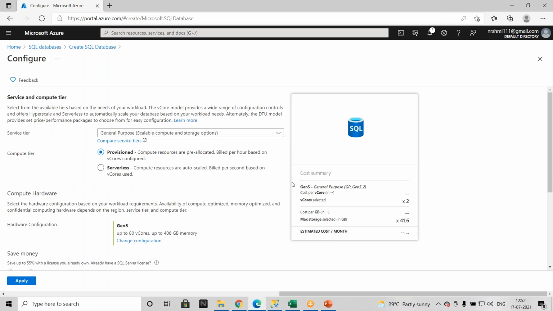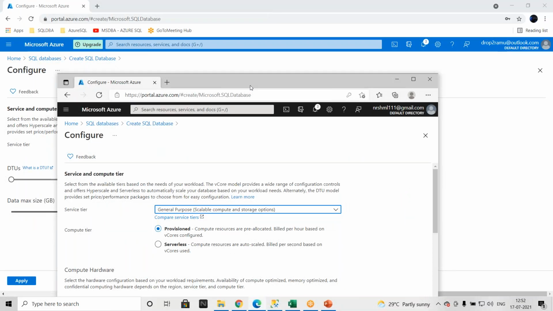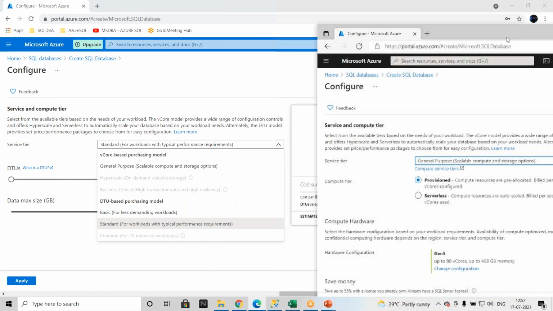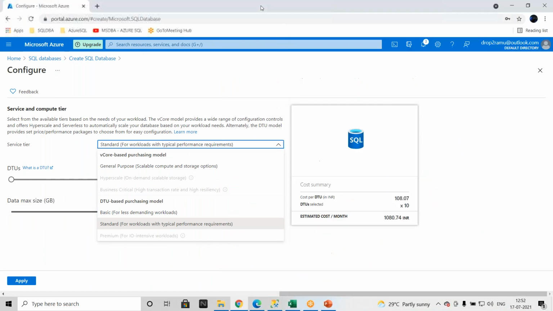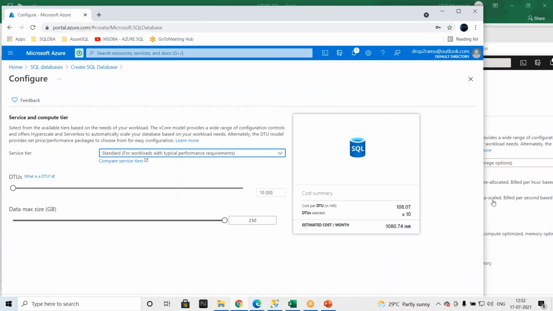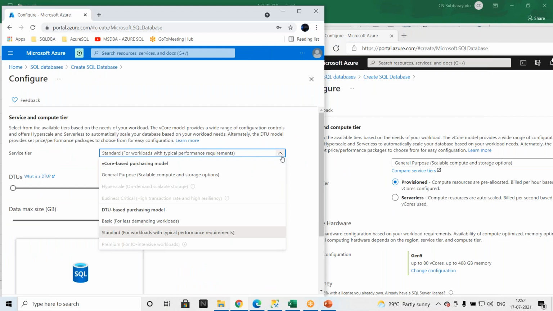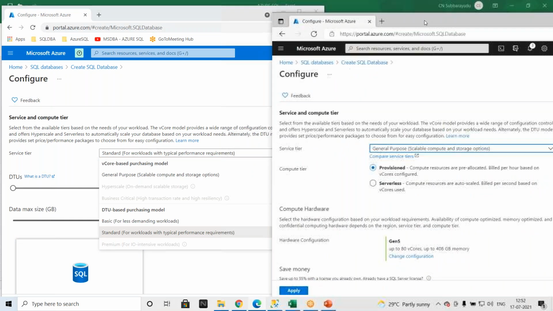When you go to the compute tiers and click on the drop down, see the differences between the pay as you go model and the free trial subscription. If you are under a free trial subscription, you can deploy your databases only under general purpose, basic or standard.